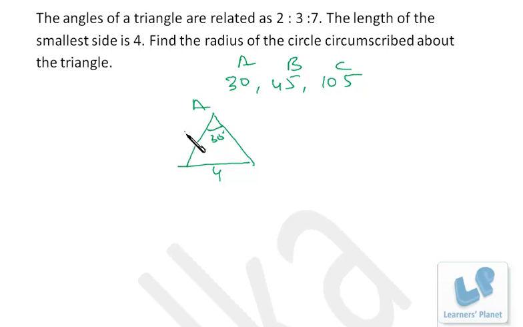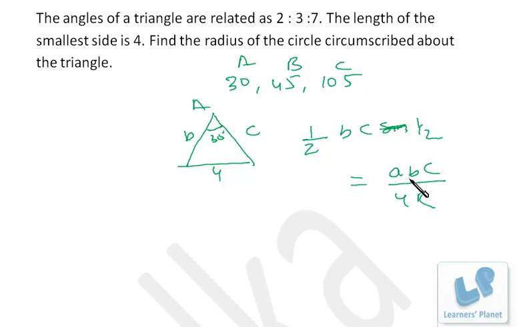I suppose this side to be B and this side to be C. Now what can be done? What is the area of this triangle? That is half BC sine 30 degree. Sine 30 degree is what? 1 by 2, right? And that is actually area is given by ABC by 4R that we have discussed in